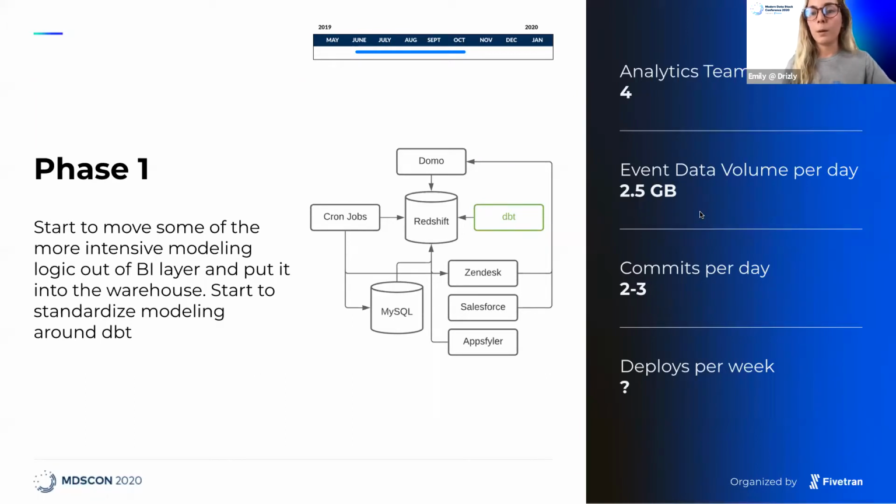By this time, we were up to around 4 on the BI team. And this is one of my favorite phases, when we brought in DBT. So DBT really helped us move a lot of our data modeling outside of Domo. And I know DBT has been brought up a lot throughout the conference, but just in case anyone isn't familiar,